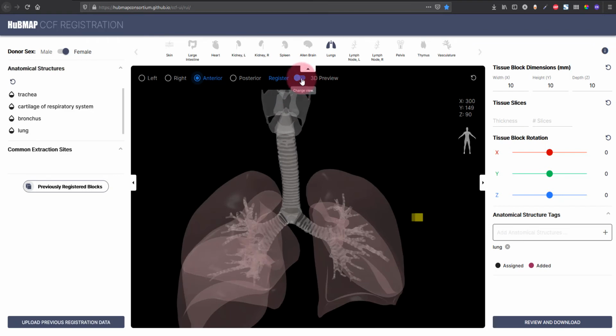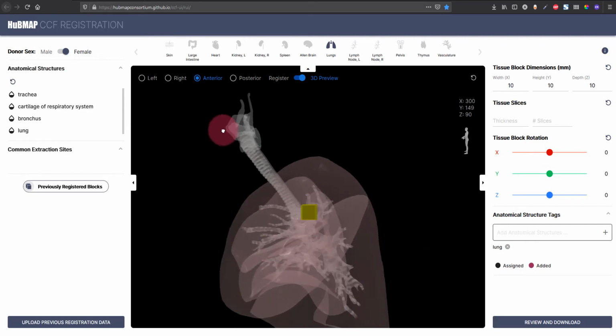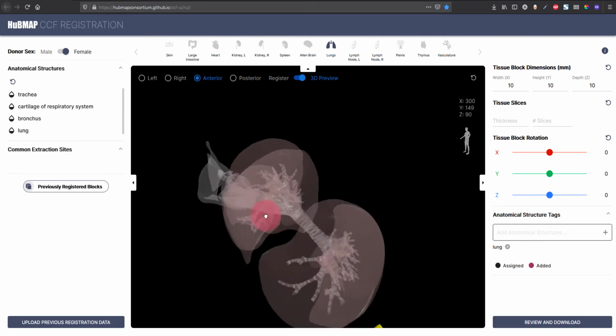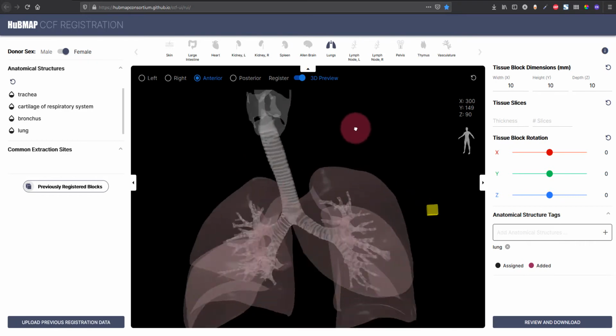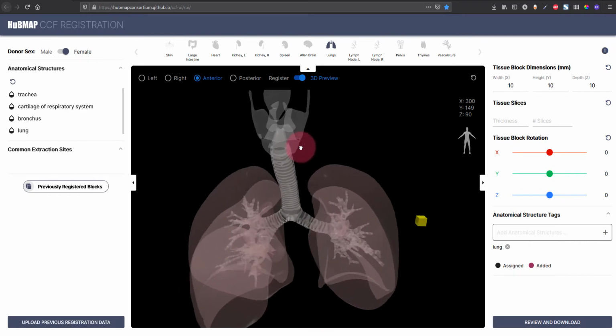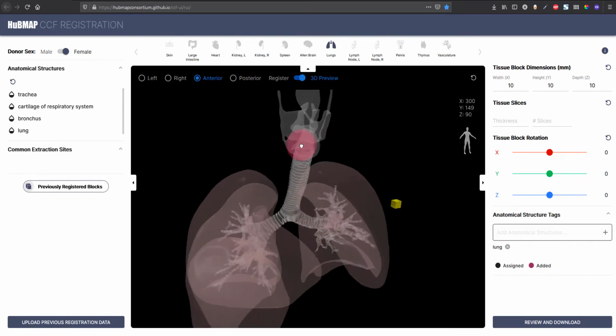So if I click this little toggle switch here, we are making a switch in the way we control our camera. So previously we could only control our camera with these radio buttons. Now we have a fully functional orbit camera. What does that mean? If you click and drag your left mouse button, you can rotate the camera around. Just try that out, it's kind of fun. So yeah, left mouse button, press and hold.